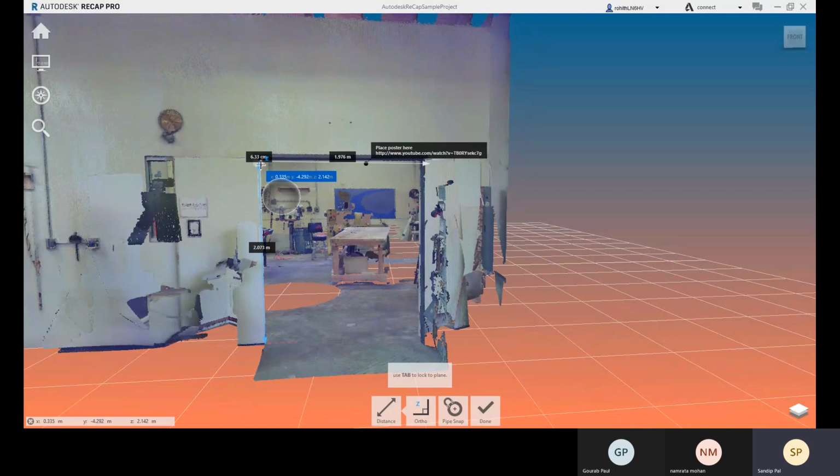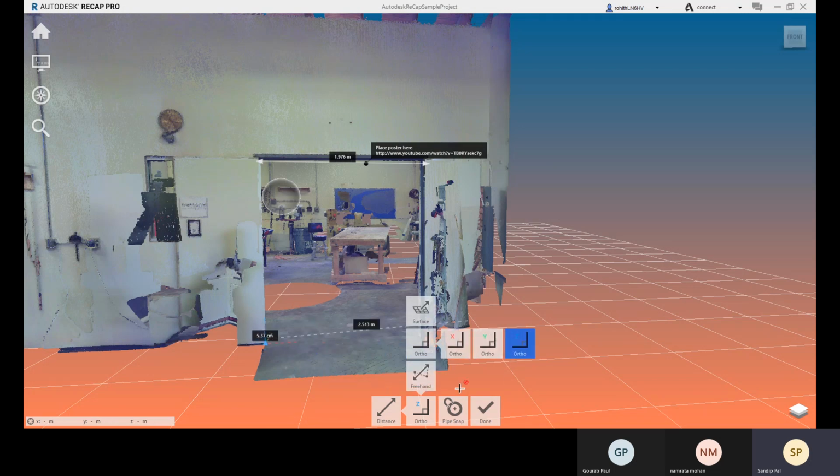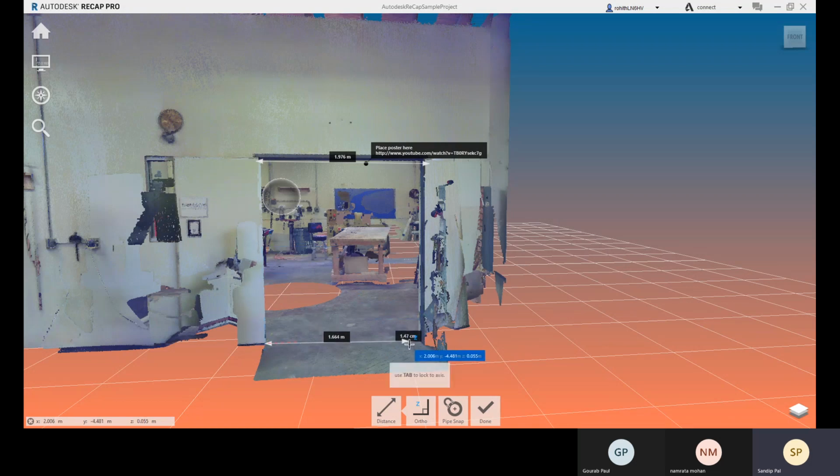okay, so here tab is not working, so it depends on the version. In the previous version, it used to work with that tab. Now, if you are pressing tab, it's working like you were making that ortho mode off. So if you're going with that tab, it will make that ortho mode on. And if you press tab, so just now let me go for ortho mode again.